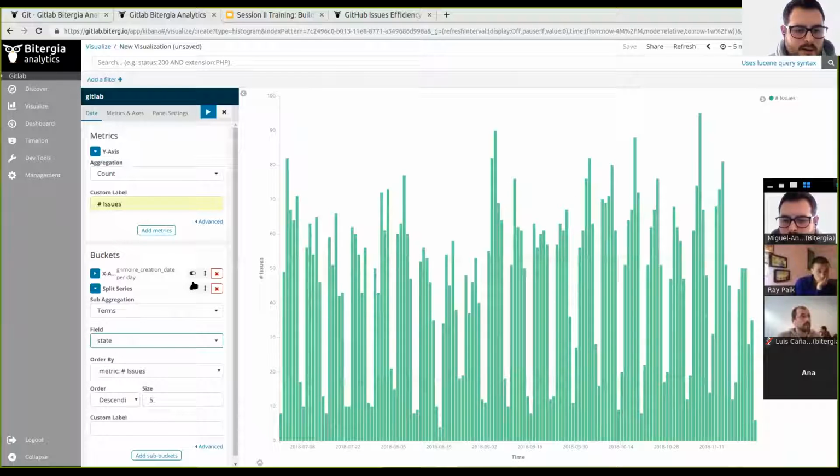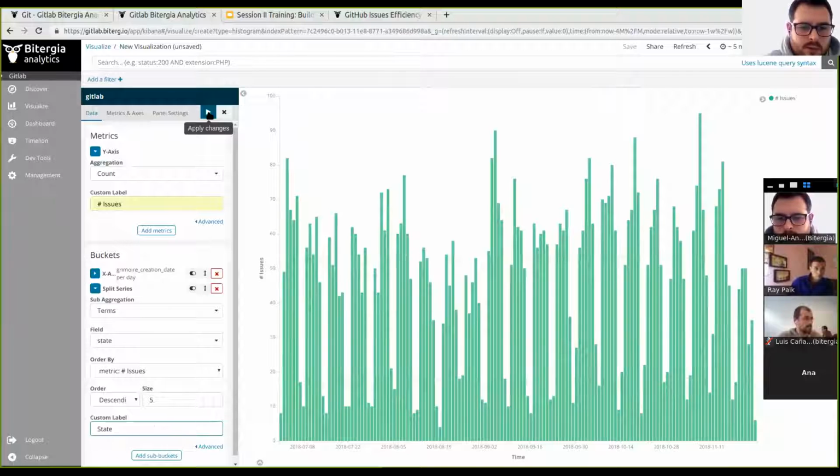And then, well, the size is the number of elements we want to bucketize for. Imagine, for instance, a state has two different states, and if we had, for instance, organizations, we could limit the number of organizations that would appear in this chart. Okay, so in this case, the custom label is state, and then again we click on apply changes,